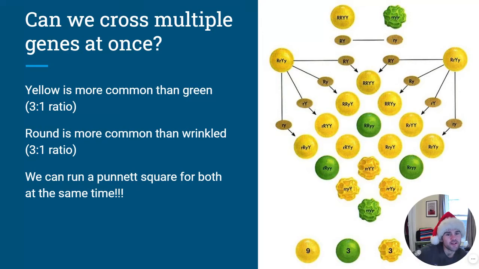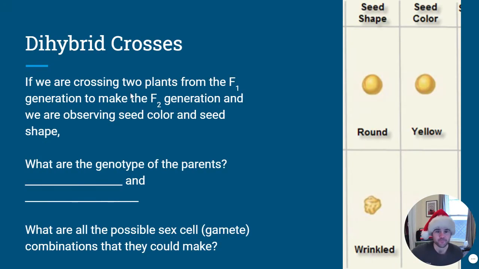So let's talk about crossing multiple genes at once. You can see in this diagram that if we are mixing two genes here, like round and yellow, we can take one allele from each gene, and we'll end up with 2 alleles, and then we'll combine those and we'll end up with, again, 4 alleles for 2 chromosomes, and we can start to predict ratios for bigger numbers. So we can run a Punnett square for both at the same exact time.